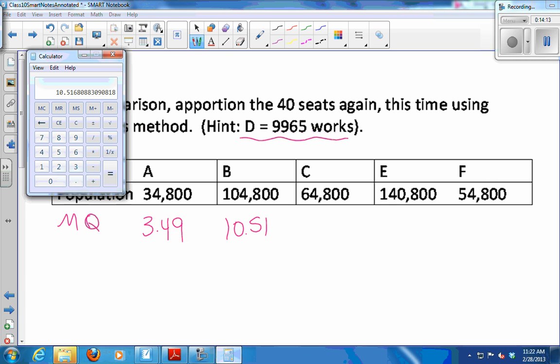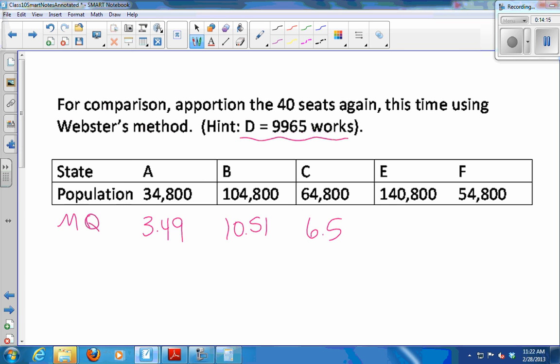Oh, okay, great, thank you. 6.5. Great, thank you. All right, so you got to be careful not to round to the 10th place when you're